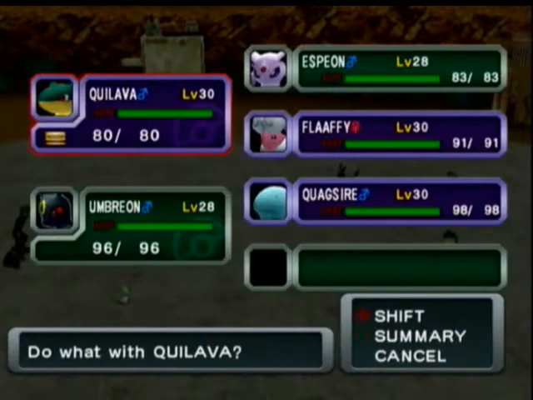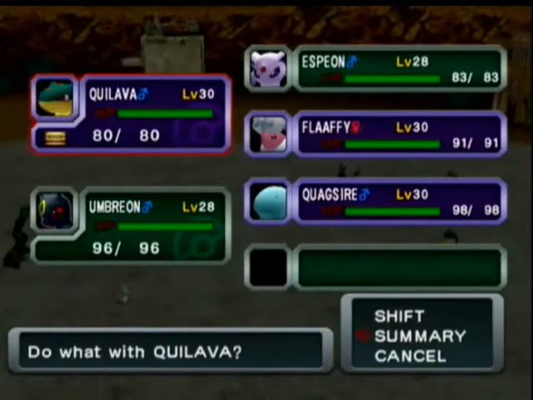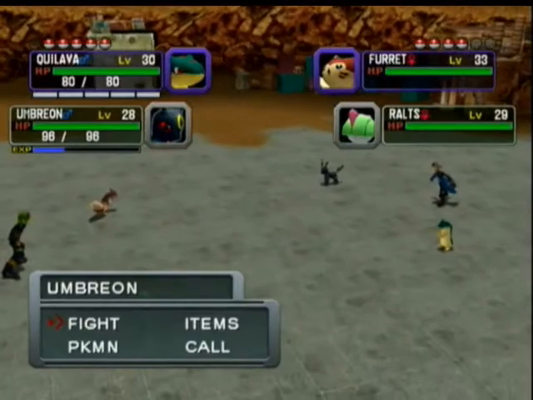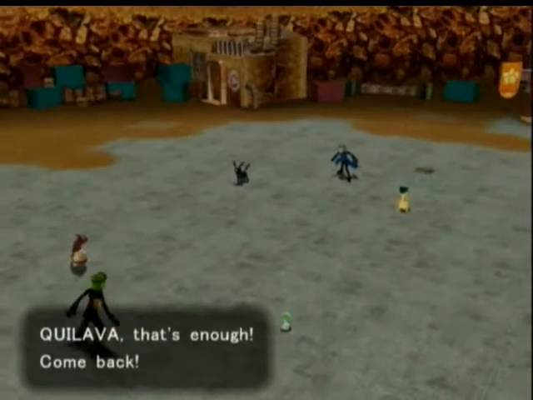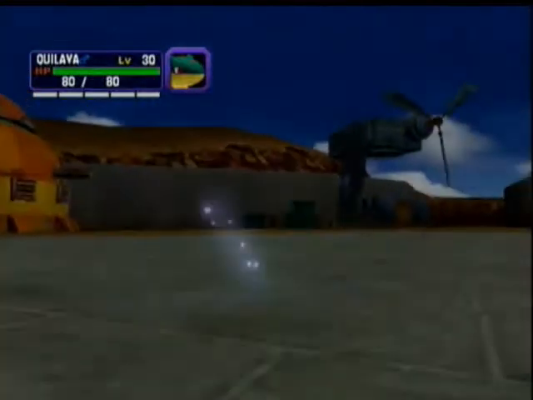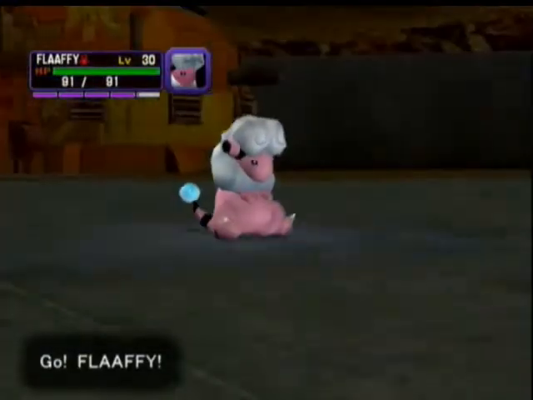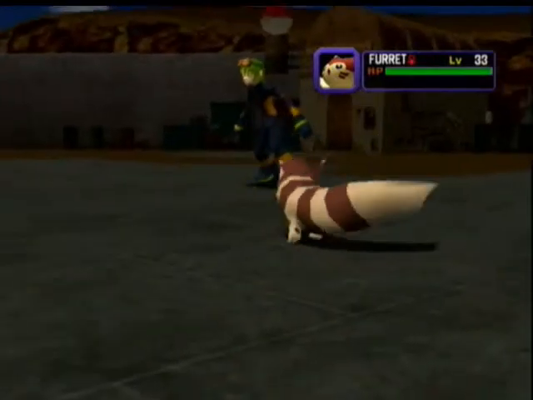Alright, now correct me if I'm wrong, but Quilava's... yes, he is. Yes, I know, I meant to hit shift with... oh, right, that's what it is. Silly me! Alright, let's go ahead and get rid of Ralts with Bite. Since Quilava's heart gauge is now completely empty, you probably won't see me use it unless I just really need a type advantage at that point, so...